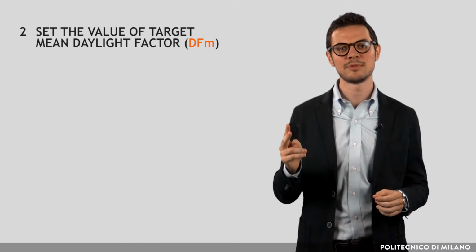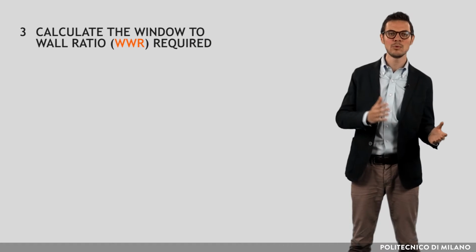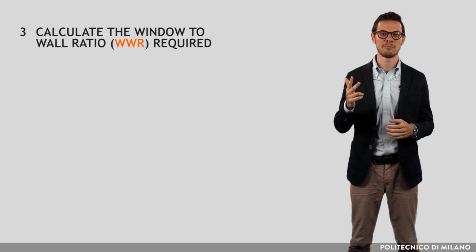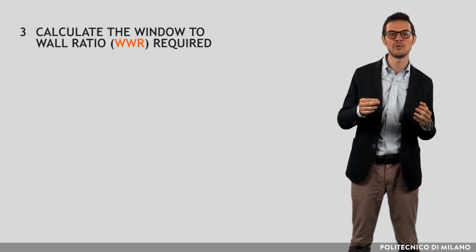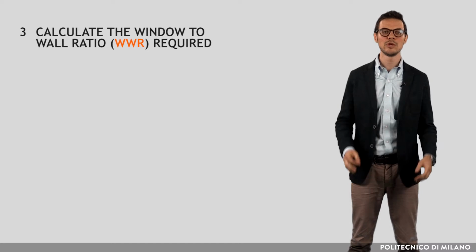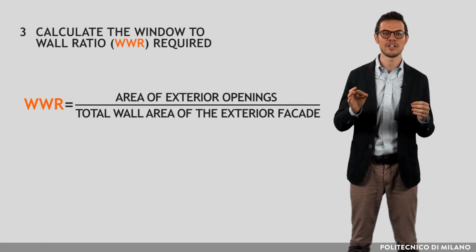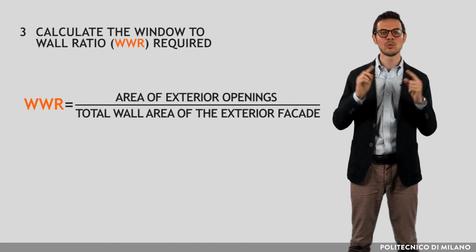In the second step, the target mean daylight factor has been set. Now let's move on to the third step, in which the required WWR has to be calculated. The window to wall ratio corresponds to the ratio between the area of the exterior openings and the total wall area of